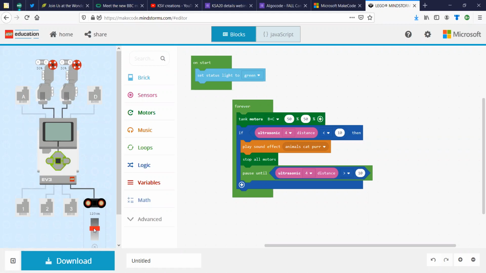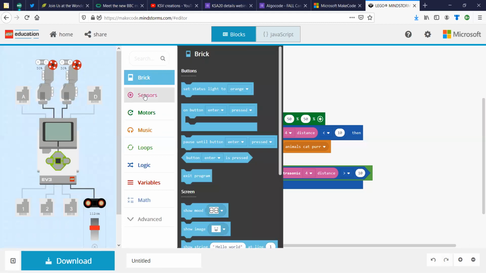If I reduce the distance to less than 10 centimeters, a sound is reproduced and the motors are stopped. And if I go back and make it bigger than 10 centimeters, the motors will start again. So I try to show you that this software, where the blocks are divided into bricks,